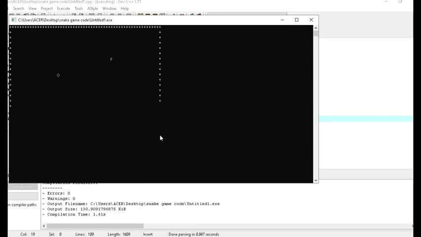Now if I press the upward arrow, our snake is moving in the upward direction. As you can see, the position of O is changing upward. Now I am pressing left, it is moving left. Now when I press the right key, it is moving in the right direction. As you can see, the boundaries are continuously printing again and again as the code is running so fast. If you want to decrease the speed of the code, then you can put a delay to reduce it.